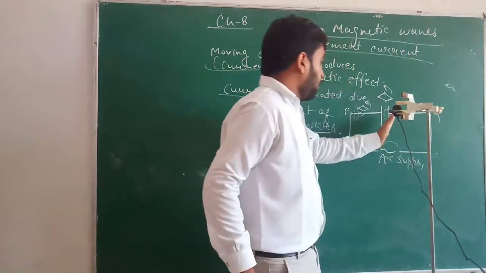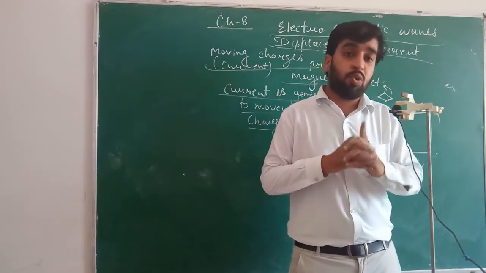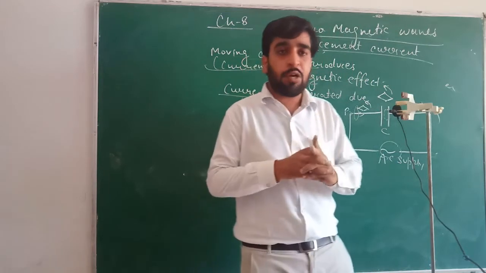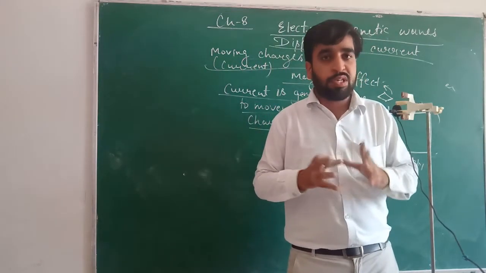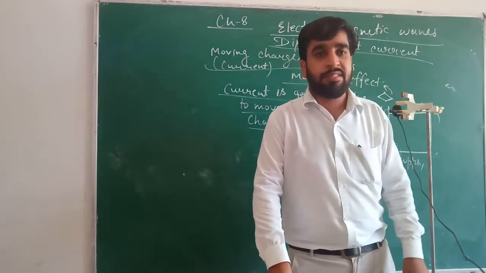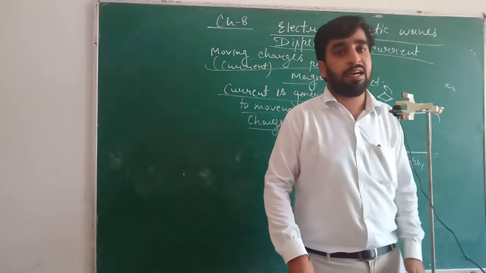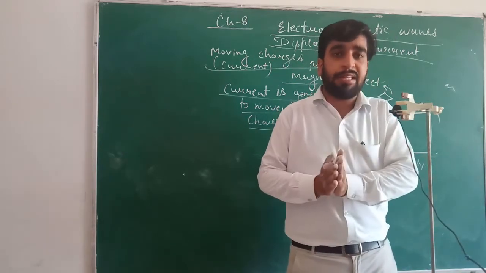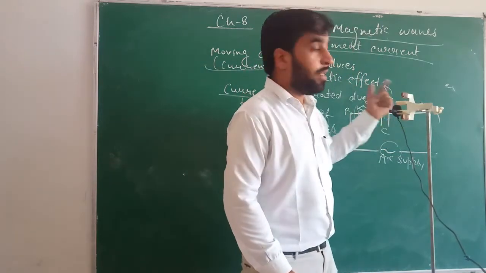But in vacuum, no electrons can be present. So by this, Maxwell came to the conclusion that it is not possible that only one way can be there to induce current, to produce current. Means what we have studied, that due to movement of charged particles, current will be generated. So he came to know there can be some other method by which that current can be generated. Now what is this other method?